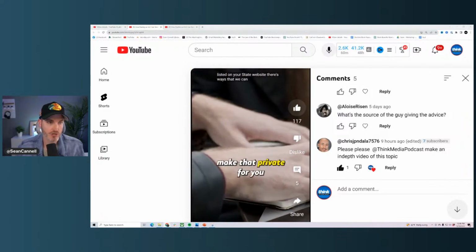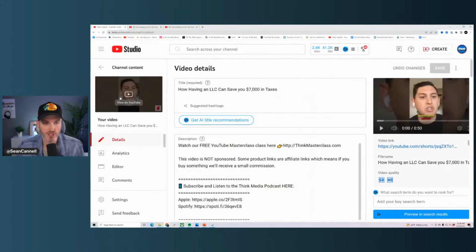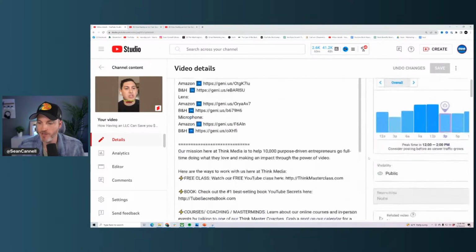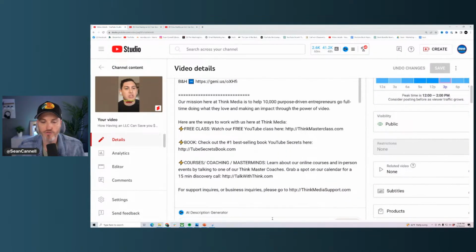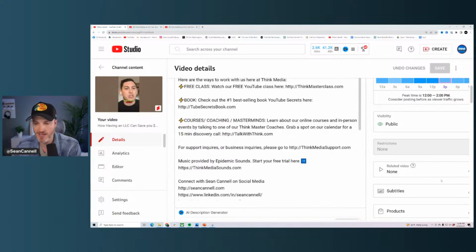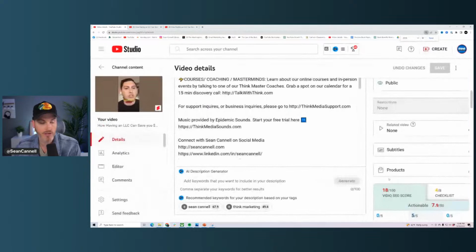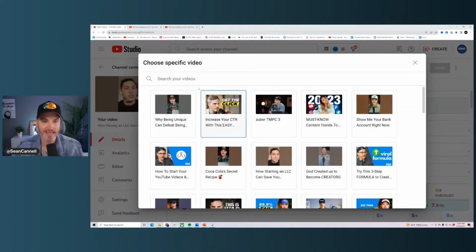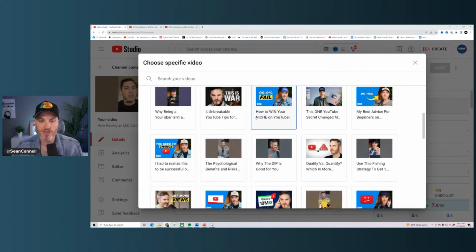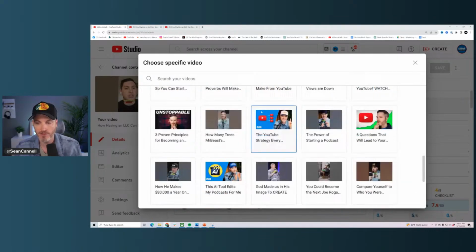So what you can actually do is you can go into the short itself, which is, here's that short. And he says, is there a long form video? And you could go over on this right side. And I'm glad that Steph is here because this is something we're going to go back and do to all of our relevant shorts, or Drea. And it says related video. This is kind of cool. So you now have an area where you can do a related video and you can connect to a YouTube short, the full length video.